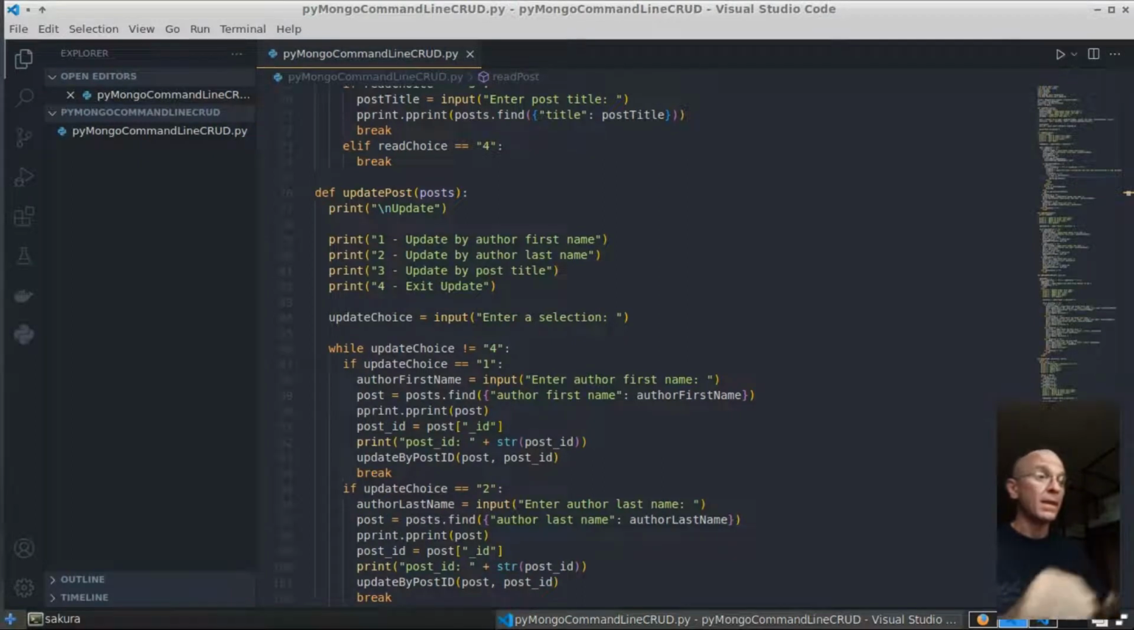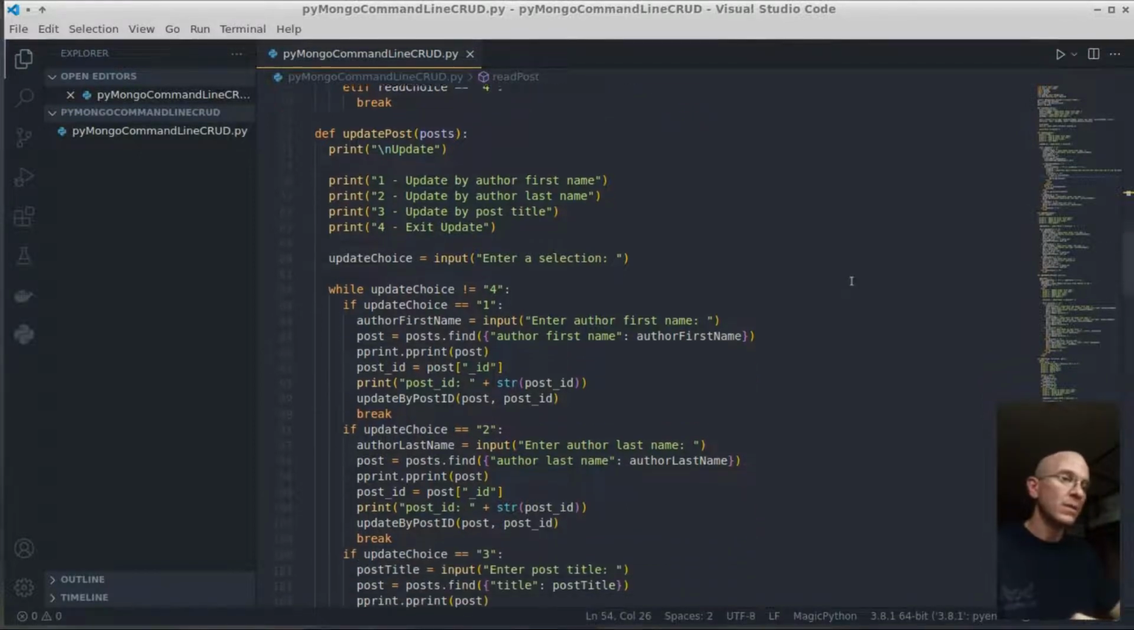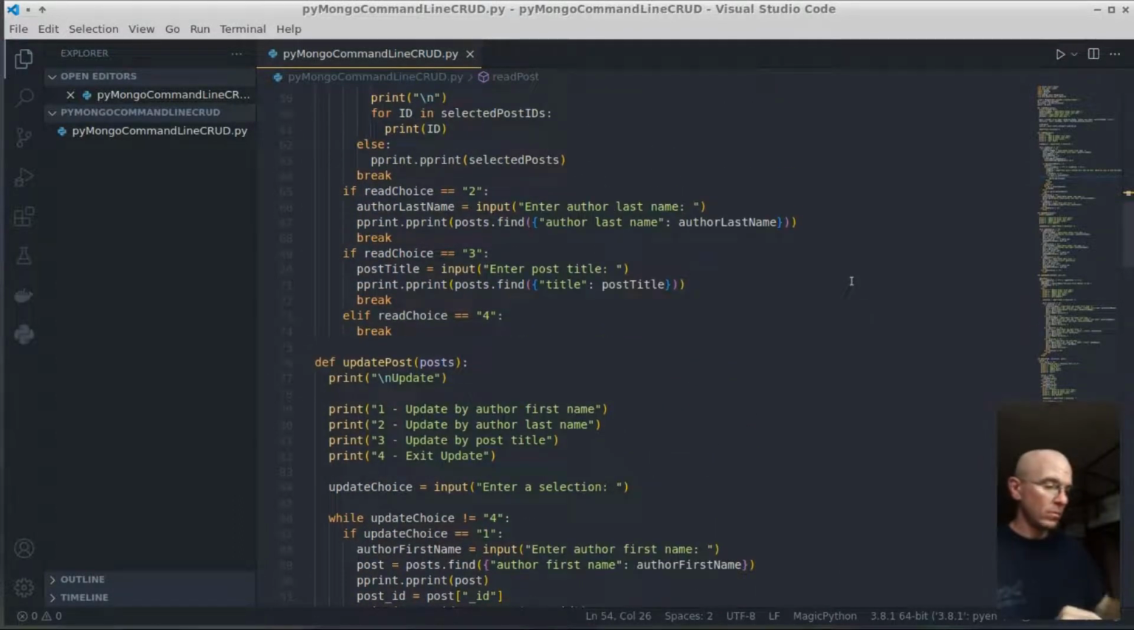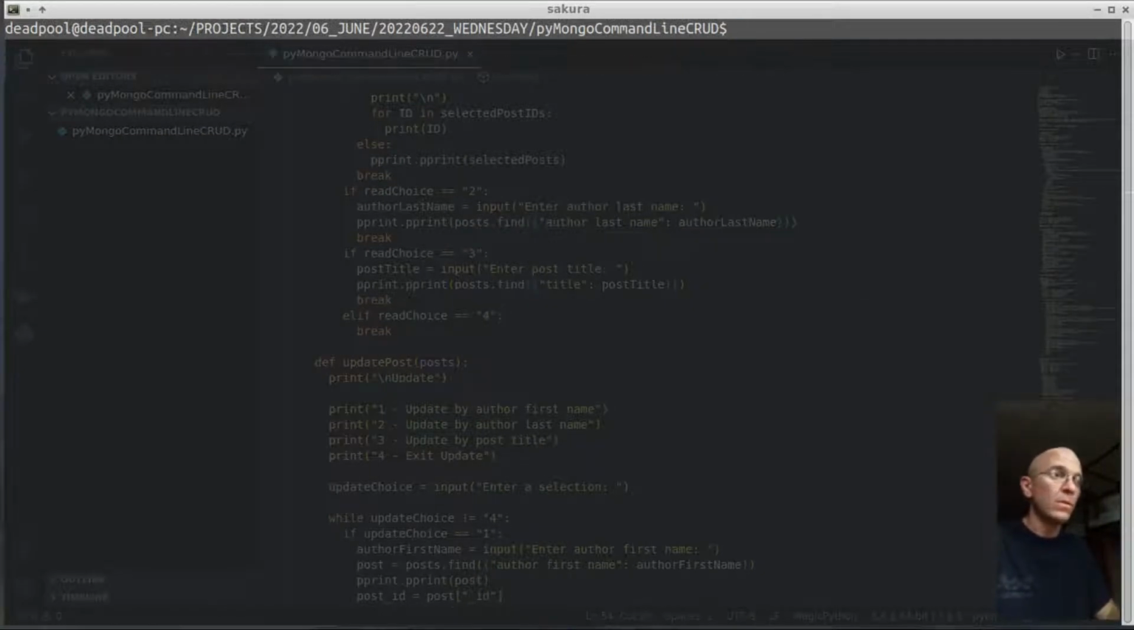Hello, good day. So for this part of the series, I'll be working on the update, post functionality, and some of the delete functionality as well. To demonstrate that functionality, we might have touched on it before. So I can run my Python